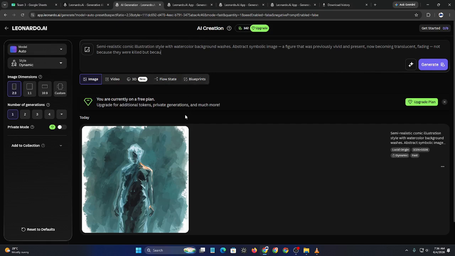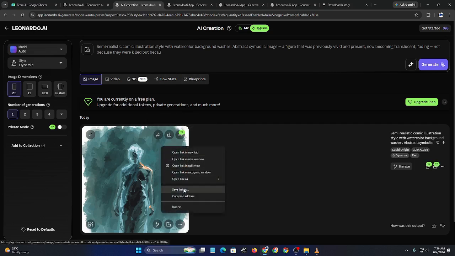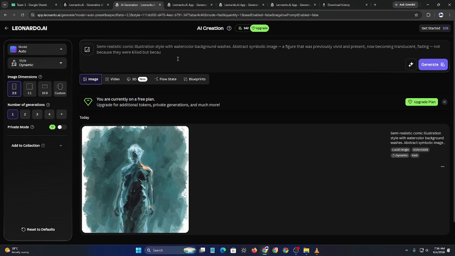Finally, save the completed image to your device and keep experimenting with different prompts, styles, and creative concepts to improve your results. And that's it. That's how to generate images in